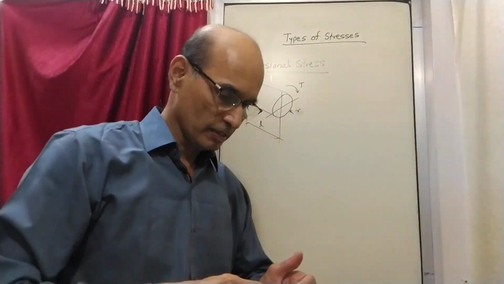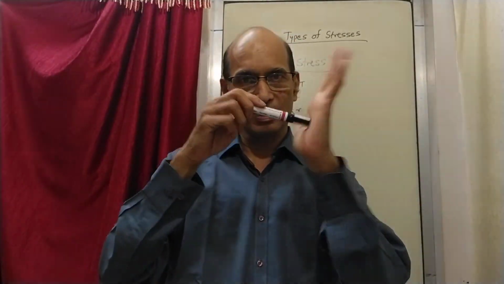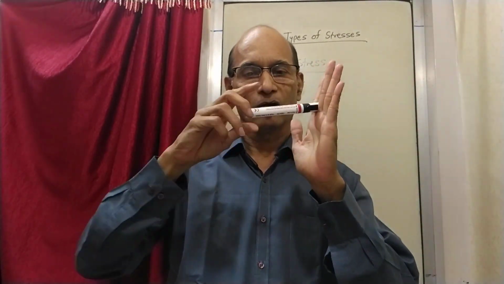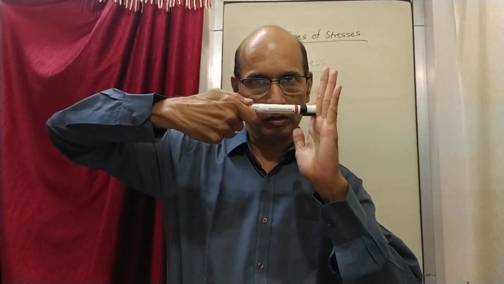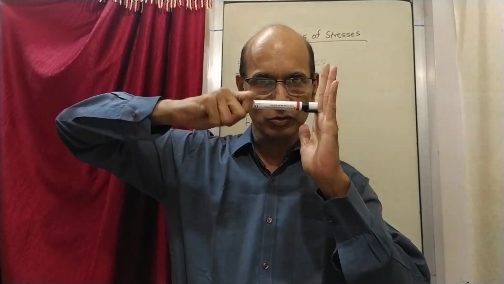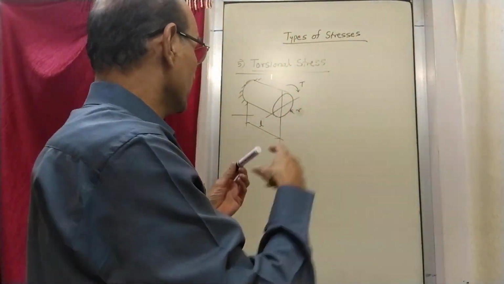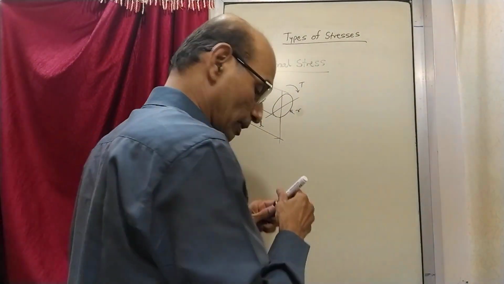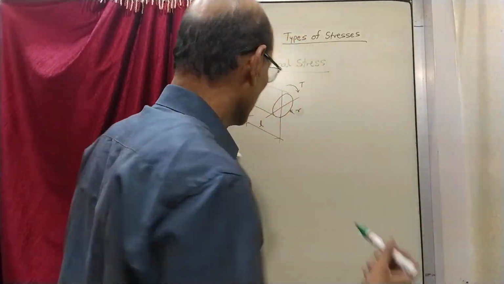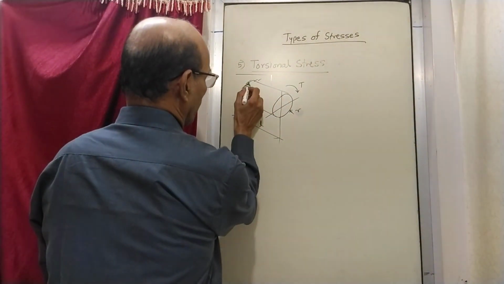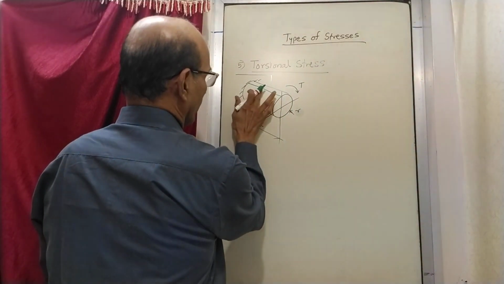See, like this is a rod, this rod is fixed here, okay, and then on this end I am applying a torque. So when I apply a torque like this, what happens? It is getting twisted. That means suppose I draw one line, at the top point, at the top